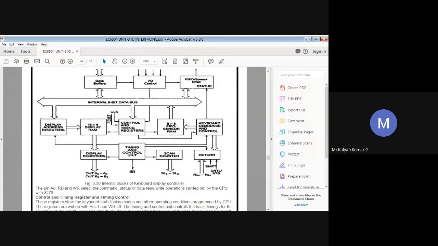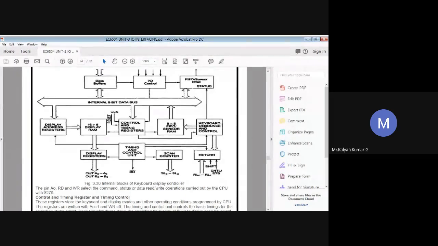In the case of the display RAM, we use a 16x8 RAM, which stores the display codes for the 16 digits, and it can be accessed directly by the CPU. In decoder mode, the 8279 uses only the first 4 locations of the display RAM, whereas in encoder mode, it uses the first 8 locations for 8-digit displays and all 16 locations for 16-digit displays.